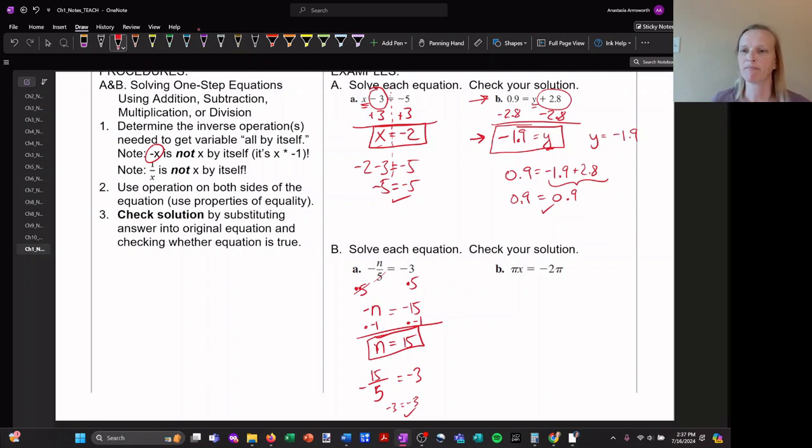Looking at example B, here we've got a lot of symbols. But this particular symbol, pi, is a constant. It has a specific meaning of 3.1415926, and it goes on forever. It's an irrational number. It's a constant. We can divide by pi the same way that we divide by 2 or divide by 5. And so if we divide both sides of the equation by pi,